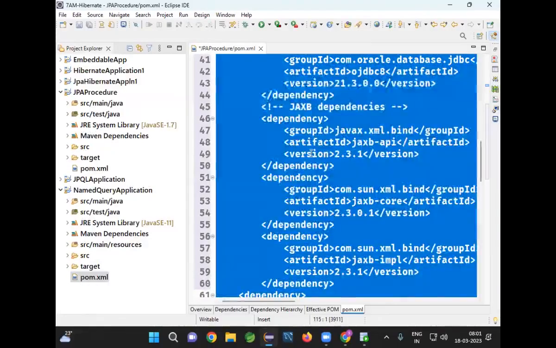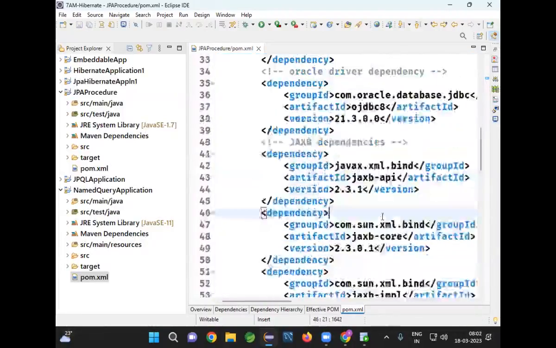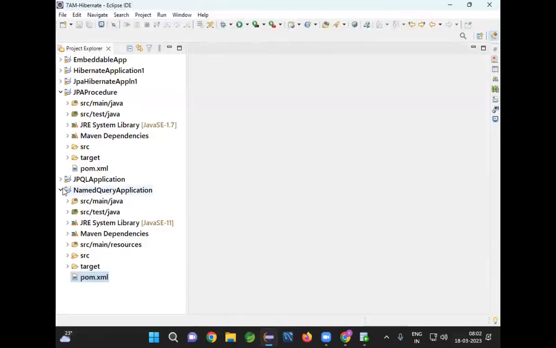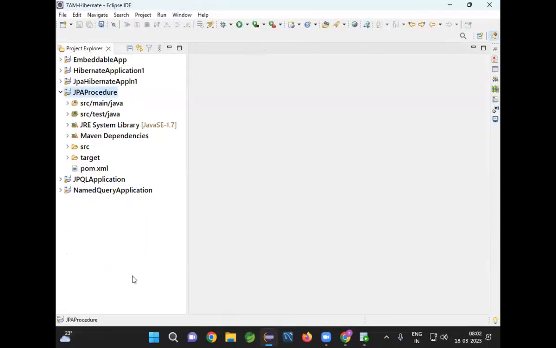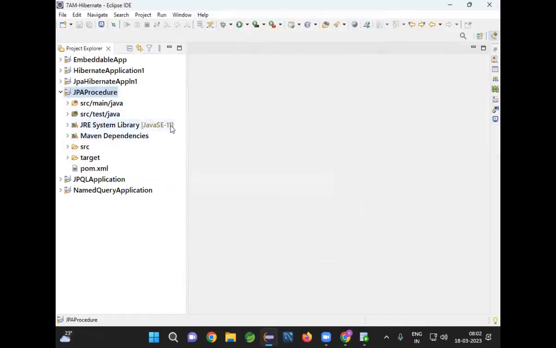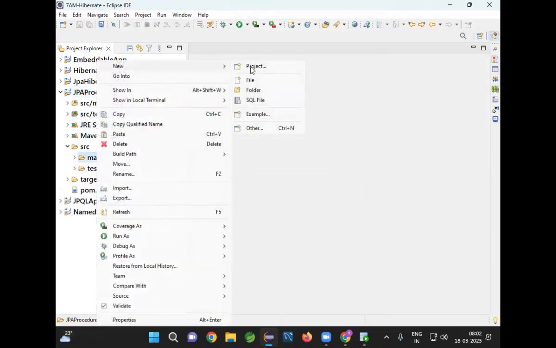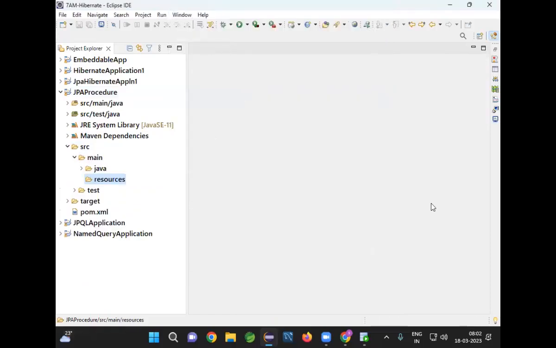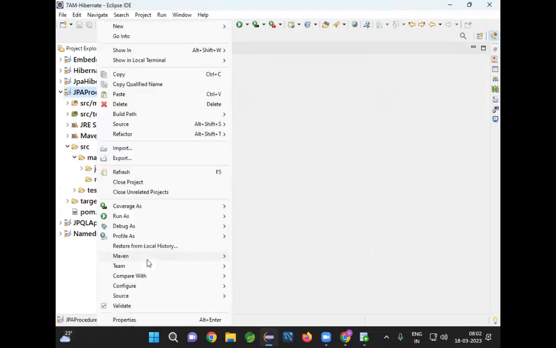So we are done. All the dependencies are added. Next, let us right click and update the Maven project. It's updated to Java 11, but we don't have any resources folder. So what should I do? Simply first right click on main and create a new folder. Folder name is what here? Resources. And once after creating the resources folder also, what you have to do is you have to update the